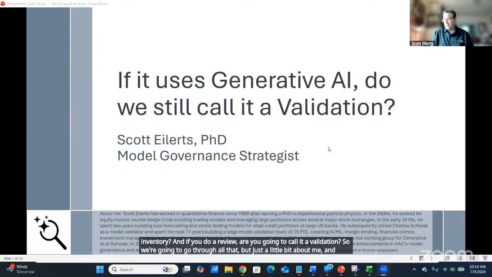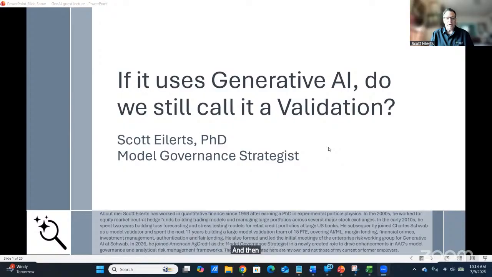I like to kind of gaslight people when I say that I was training neural networks in 1994 as part of my physics research. So I can say I've been doing this stuff since the last century, over the past 30 years. And it tends to raise some eyebrows for folks that may have been born in this century. That doesn't mean that I'm an expert in anything. I feel like I'm pretty well situated as far as model risk management and model validation goes. Worked at Charles Schwab for 11 years, worked my way up from being an individual contributor to managing a large team, and then took a break and went over to the governance side in the farm credit system.